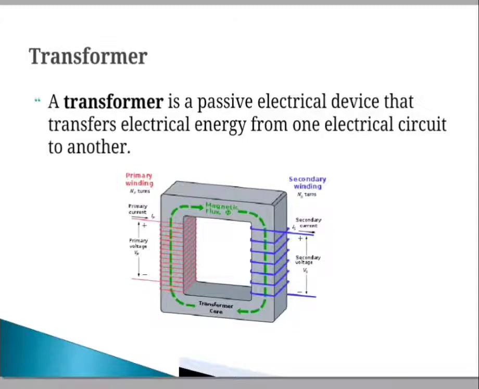Then there are different types of transformers, that is single phase transformer, three phase transformer, and auto transformer. We have to consider the distribution and generation of energy, or transmission of energy. There are power transformers and distribution transformers. Distribution transformers are used for the distribution of energy, and power transformers are used for the transmission of energy. This is one of the main equipment in the transmission and distribution of electrical energy to the consumers.